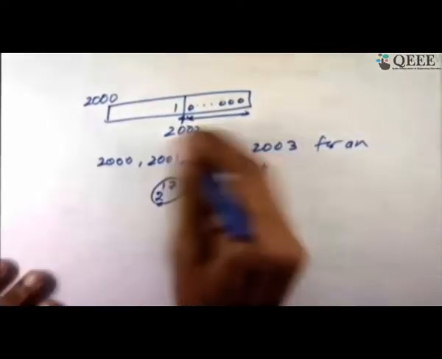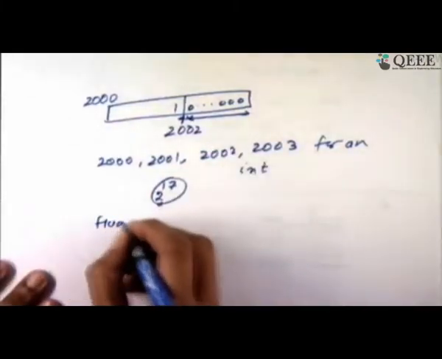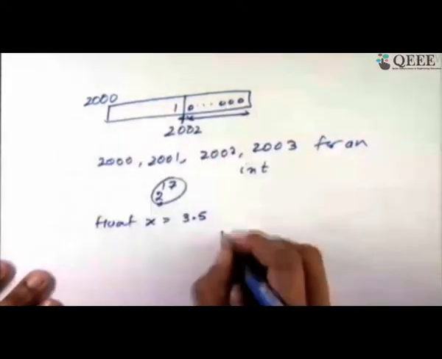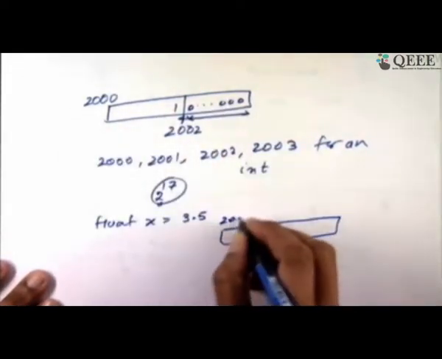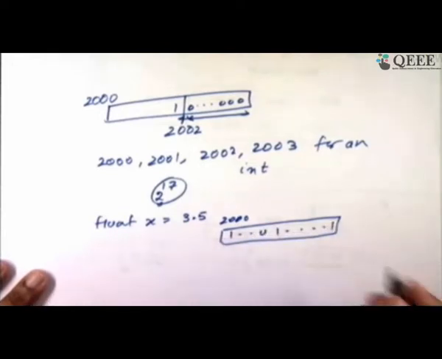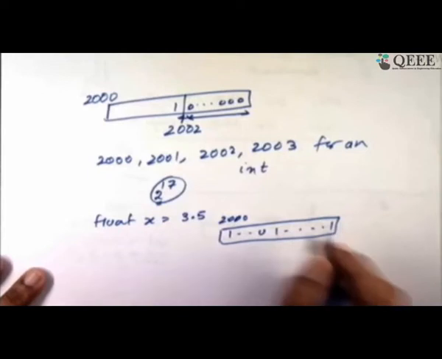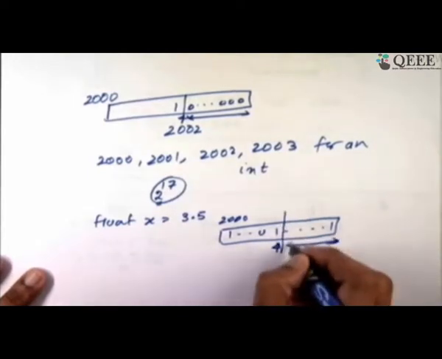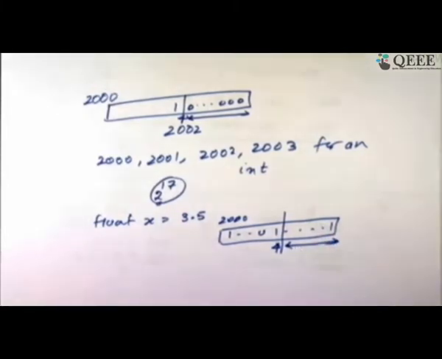Had I not done this, but I would have done something like float x equals 3.5 in the same data area, this is 2000. So bits of x were laid out here. If you know IEEE format, then it is fine. And then if you want to see at 2002, you will get whatever is stored out here. So it depends on the data type. If it's a char, the bit pattern is different. For integer, it's a proper binary string. Float has a different representation. A pointer may have a different